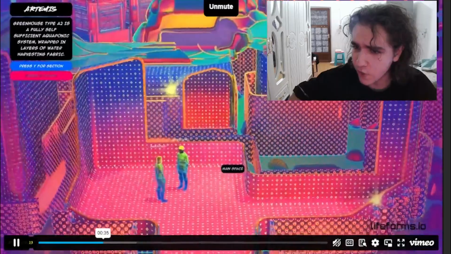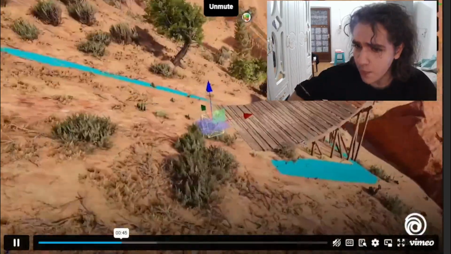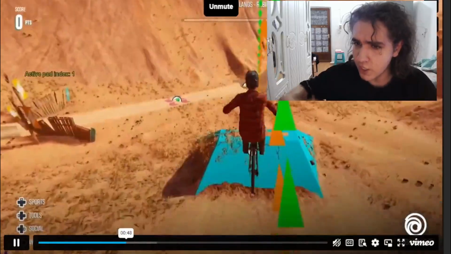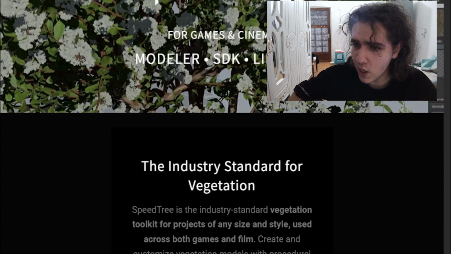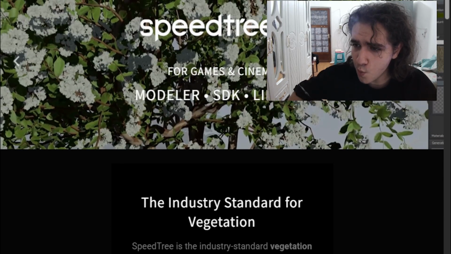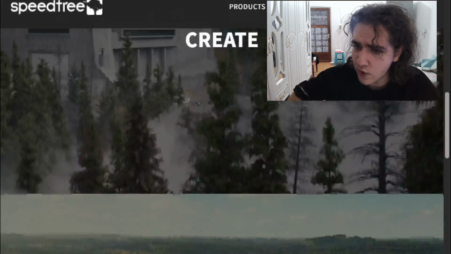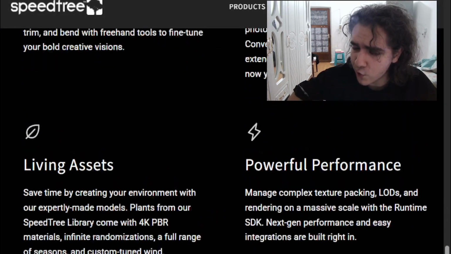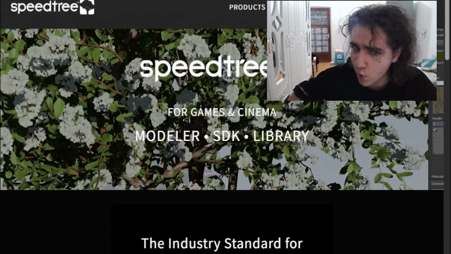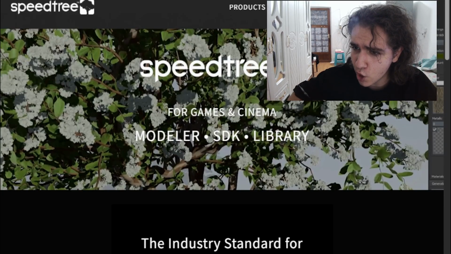So as you see, I would definitely check out Houdini if I was going for a bigger production, especially a 3D game where I need some simulations and FX. For vegetation, SpeedTree is usually one of the most used softwares out there. SpeedTree is a very amazing vegetation software, usually used not just in video games, but even in photography and cinematography. So it's one of the things I would go for if I wanted to make a realistic game.